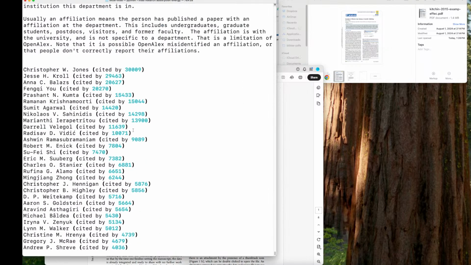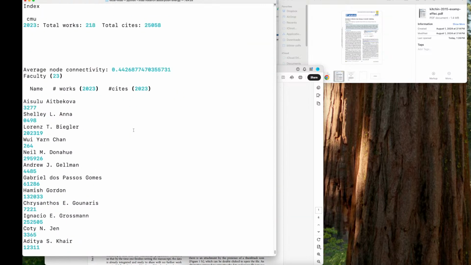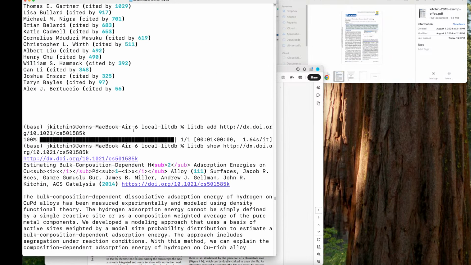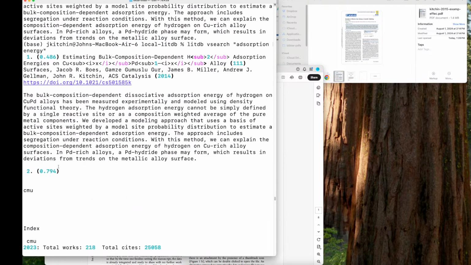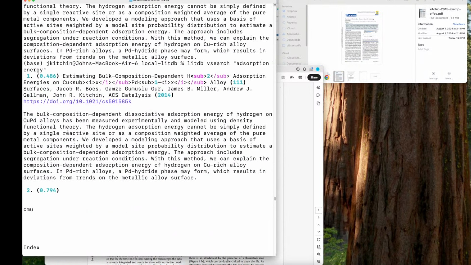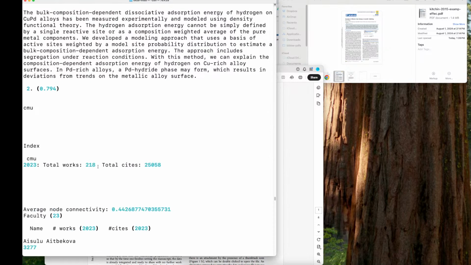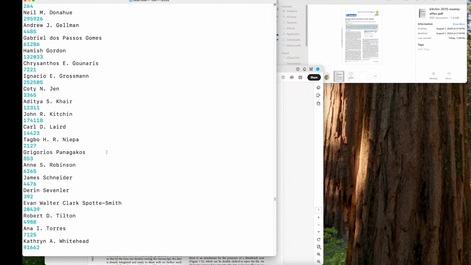All right, so that still finds the CMU one as a reasonable one. We can do something, if you don't want to see all of this text all the time, most of